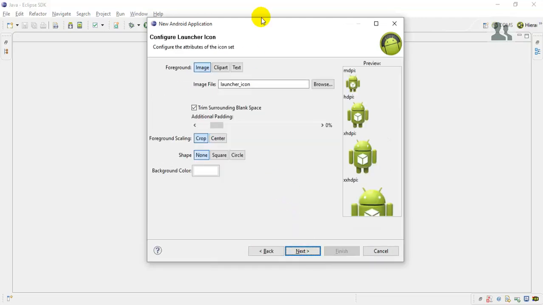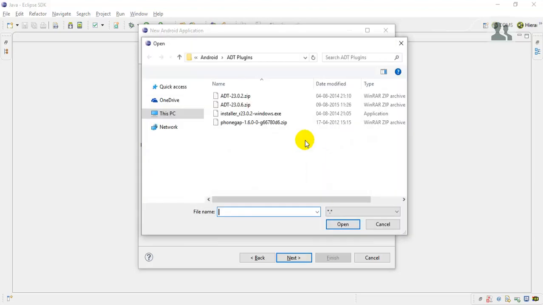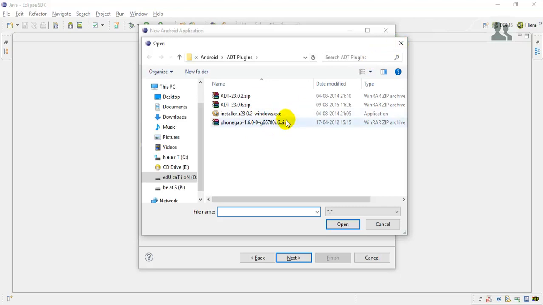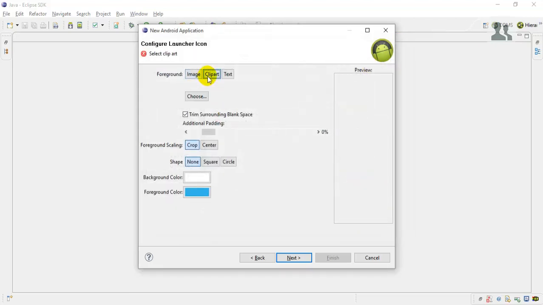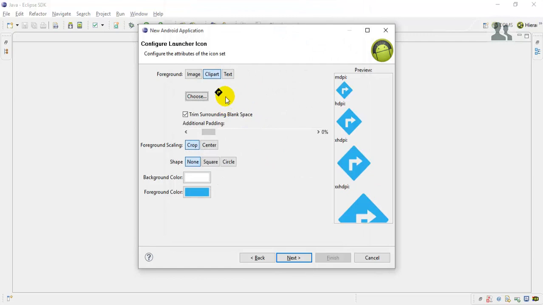It will take you to configure the launcher icon, where you can select the image of your choice, if you have created your application icon before doing all these things. You can select the image by browsing through your system, or you can also select the clip arts that have already been given by the Android IDE inside here. You can select anything from over here.